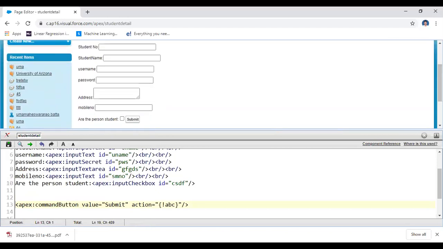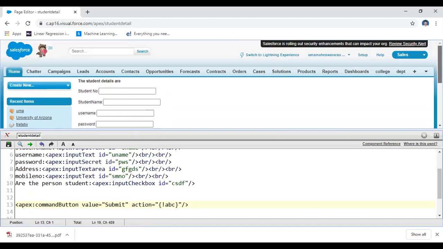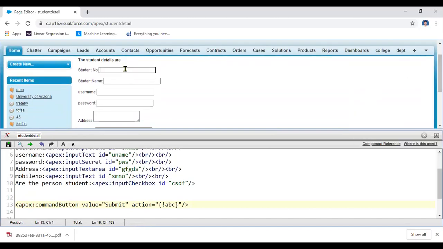That means you need to write the back end business logic. How can I implement the back end business logic? Here, for example, I am giving you some information: mobile number or student number 0101, and then student name Rama, and then username, some information, and then password. That means it is like this. Here you may increase this text area also. Here you write the next information and then the next information.